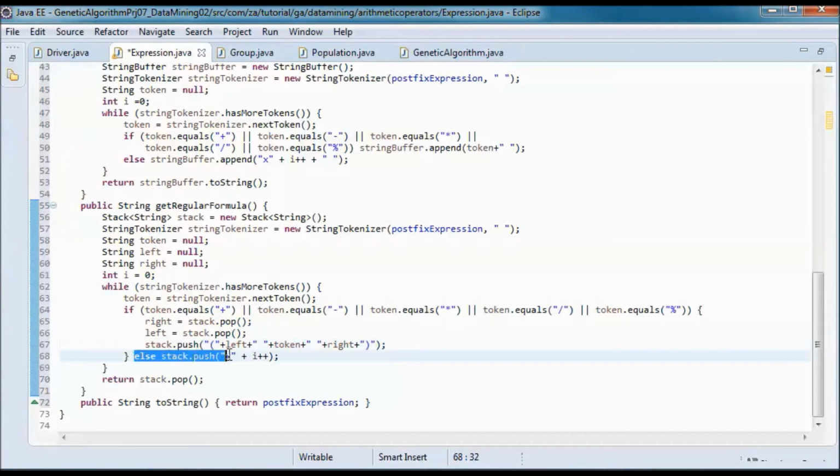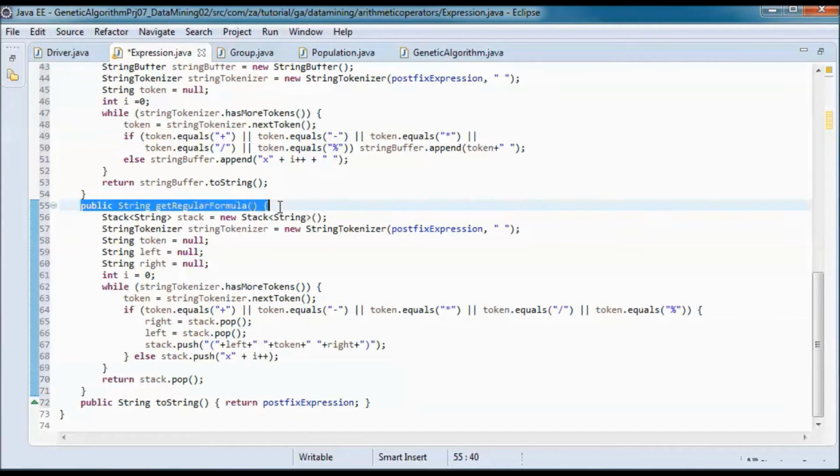Otherwise we will push onto the stack x1, x2, x3, etc. And what would be returned as a regular formula would be the value of stack.pop.